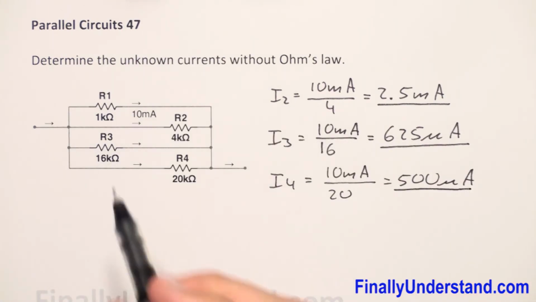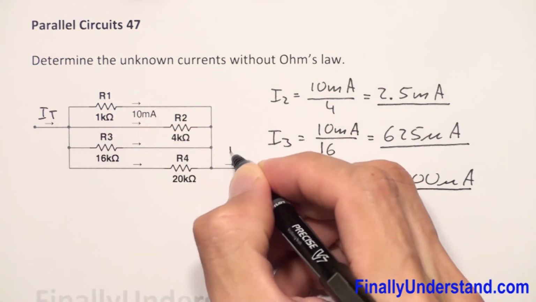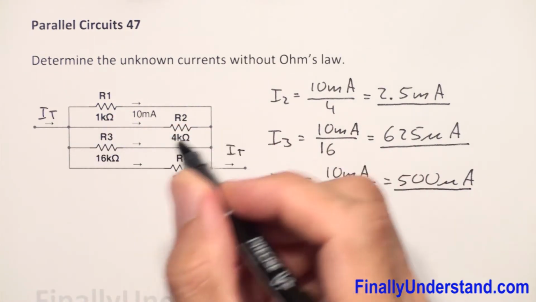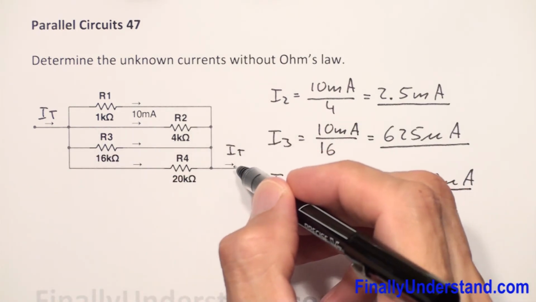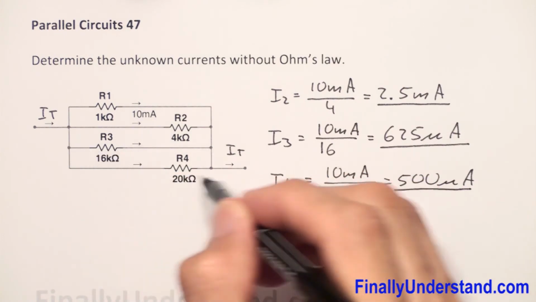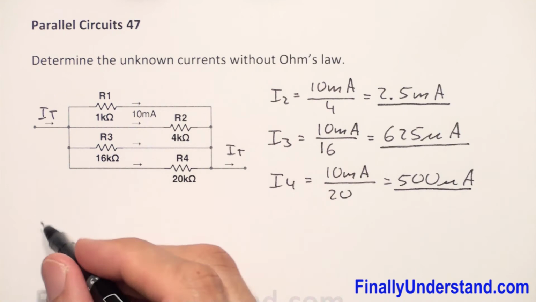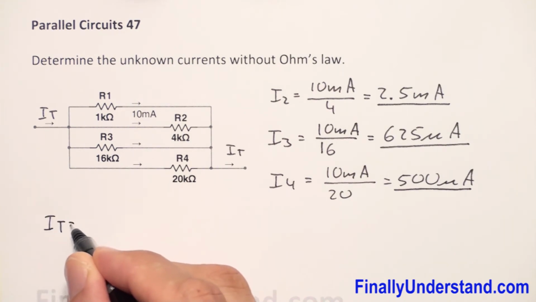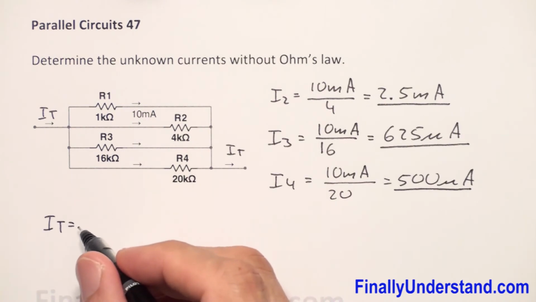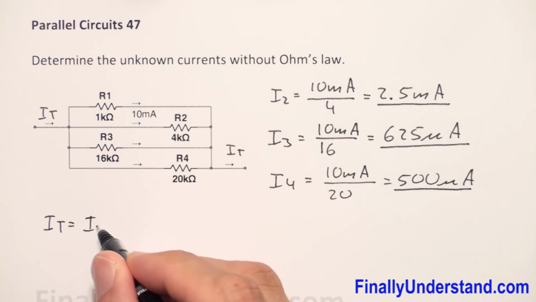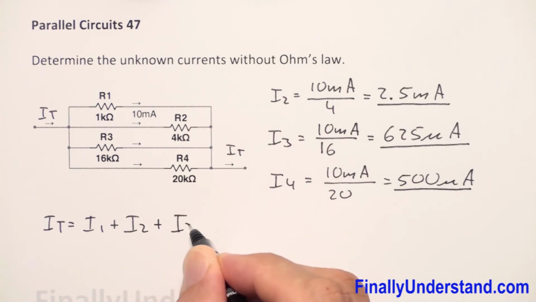Okay, now we're supposed to find I total. This is going to be my I total, and this is also my I total, because the current which gets into the circuit and the current which leaves the circuit must be the same. That's why I call this I total, and this one is also I total. So I total for the parallel circuit, this is KCL, Kirchhoff's current law, is simply I1 plus I2 plus I3